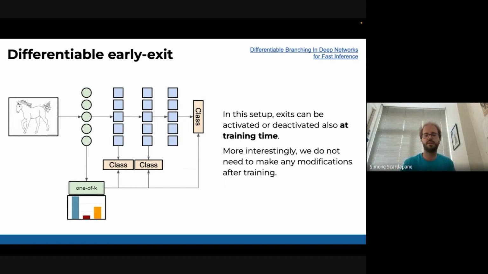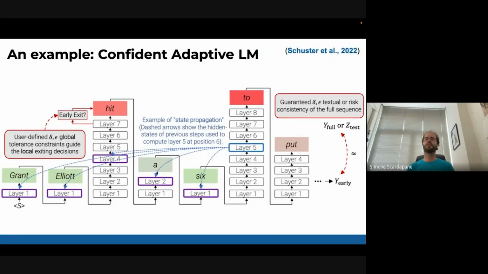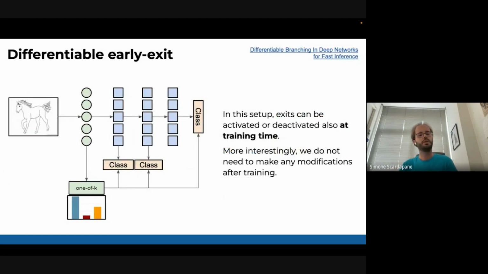But what I don't like here is that basically you are setting these thresholds in a user-generated, manual way. I don't like manual things. I think it's a neural network that should decide all of these things. So what you could do, a more interesting thing, is applying what we saw at the beginning of the talk and saying, okay, I do have a way for the network to automatically select which exit is the best one. So I know how to sample one value out of all k possible values. And here, k are my exits.